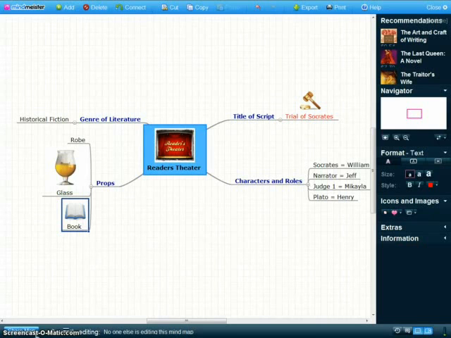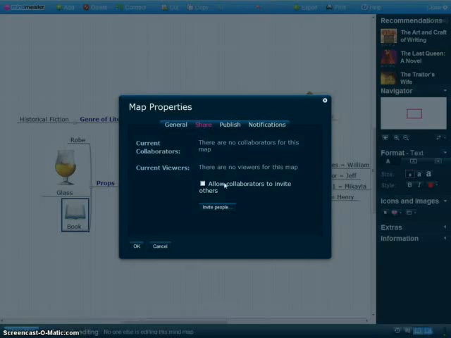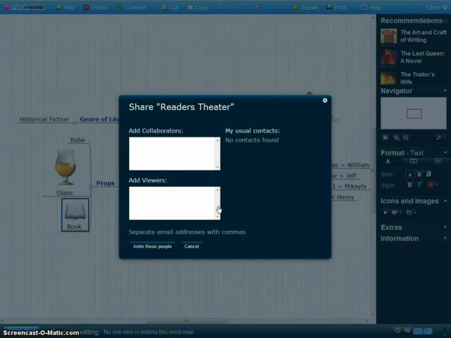If you come down here to this area, there is a share map. If you click on share map, it comes up with different, you've got a general sharing area, and this is the one I want you to think about now. It came up in pink, and we're going to invite people to share with your mind map. And all you're simply going to do is type in someone's email, and I'm using a fictitious one right now,